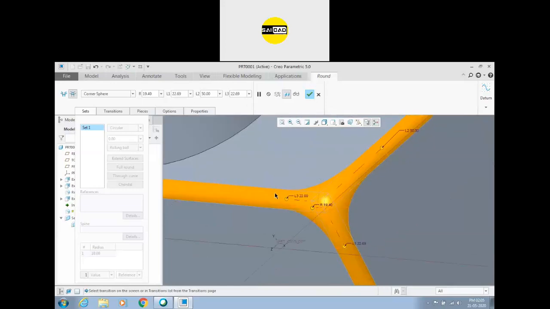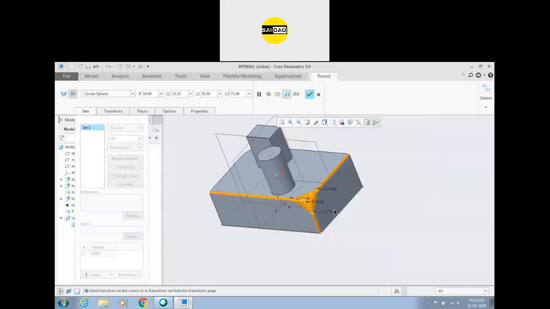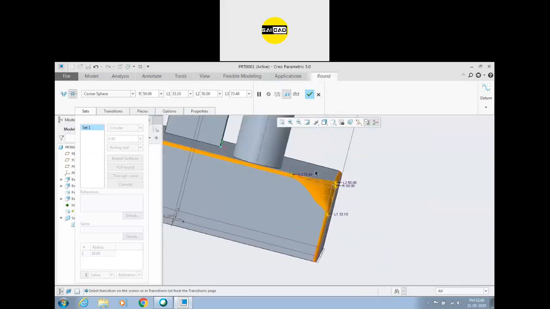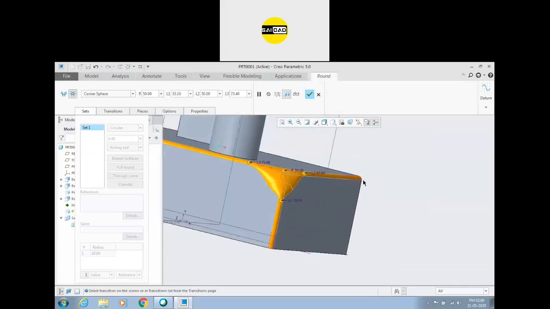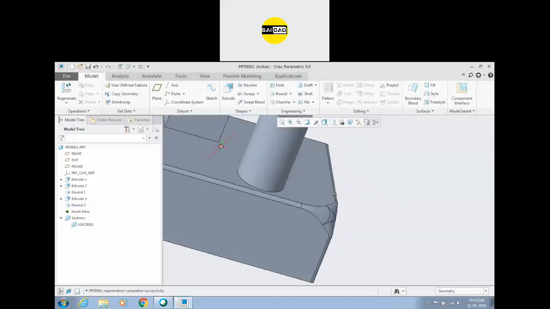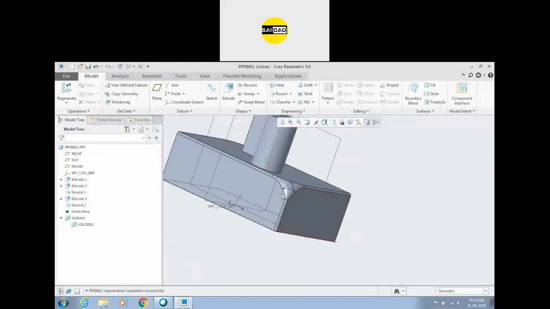So there will be some curves like that. You can increase those curves from here. You can increase that radius like that. So you can create some point type fillet also. Click OK, and you will be able to create some fillet like that.